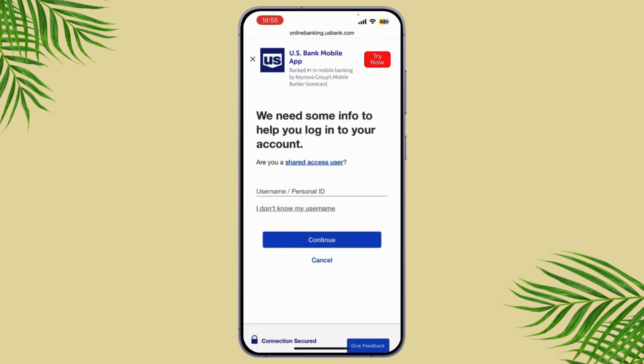After successfully verifying your identity, you'll be asked to create a new password. Make sure to choose a strong password that meets the security requirements listed on the page, such as using a mix of letters, numbers, and symbols. Once you've created a new password, click submit, and that's it. You've successfully reset your US Bank online banking